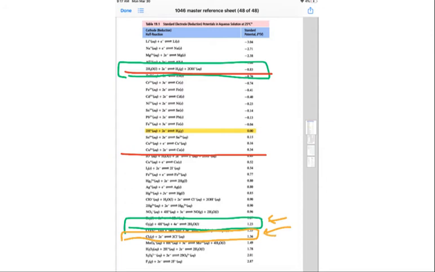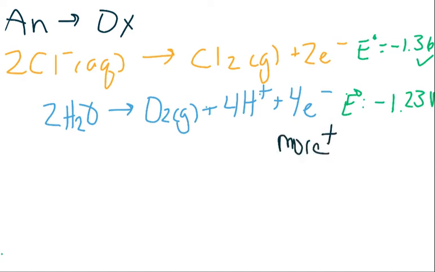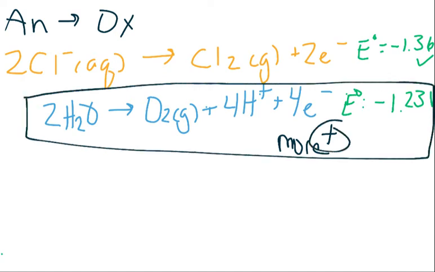If the reactions are being oxidized, they're going to be written backwards on the reduction potential reference sheet. So we're going to take these standard potentials for the electrodes, and we're going to reverse the sign. This means for chlorine, our electrode potential is negative 1.36 volts, and for water, our electrode potential is negative 1.23 volts. We're going to follow the same rule as we did before. Whichever one of these is more positive is more likely to occur. So we see that the water turning into oxygen is more positive, and so this is the reaction that we'll